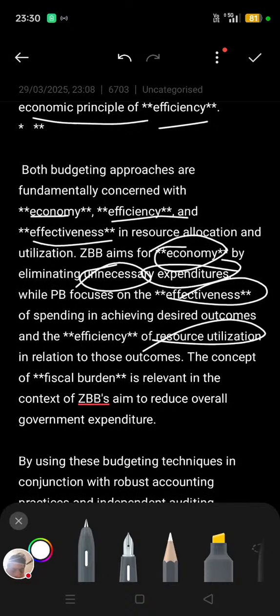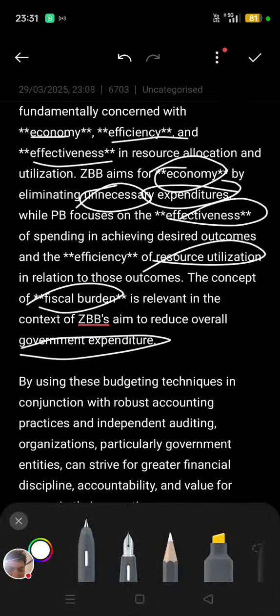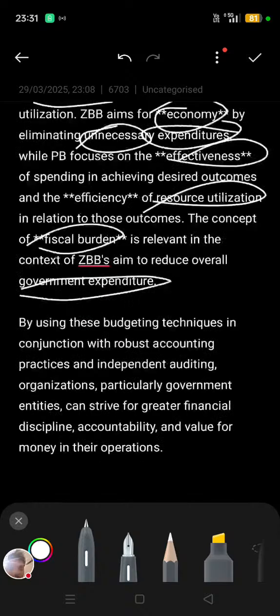The concept of fiscal burden is relevant in the context of zero based budgeting aimed to reduce overall government expenditure. By using these budgeting techniques in conjunction with robust accounting practices and independent auditing, organizations, particularly government entities, can strive for greater financial discipline, accountability, and value for money in their